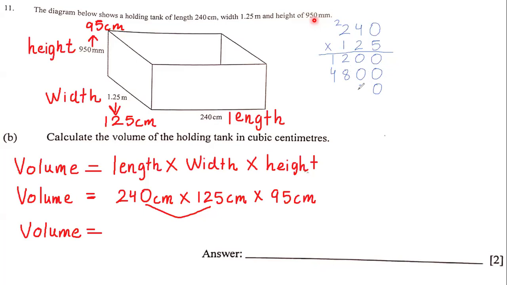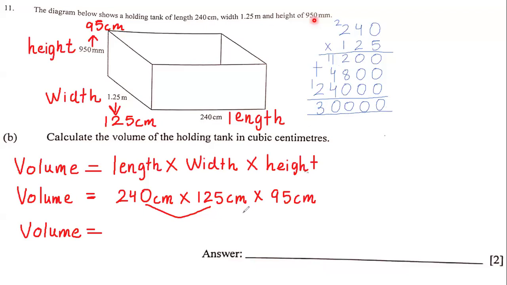1 times 0 is 0. 1 times 4 is 4. 1 times 2 is 2. Then we have to do what? Add. 0 plus 0 plus 0 is 0. 0 again. 8 plus 2 is 10. So we put the 0 down, the 1 up. 4 plus 4 is 8 plus 2 is 10. So 0 plus 1 is going to be